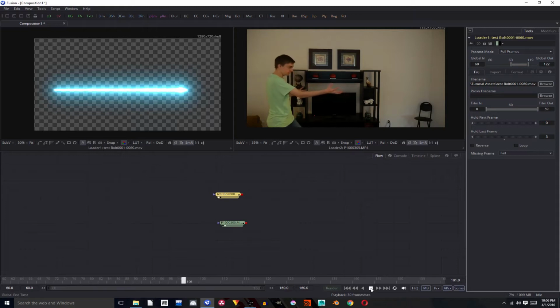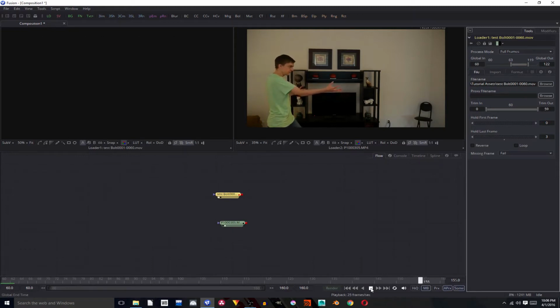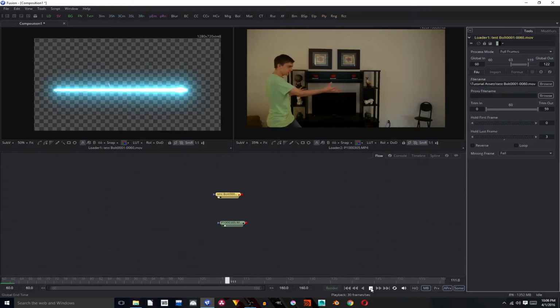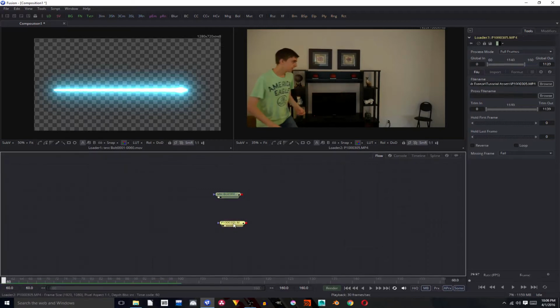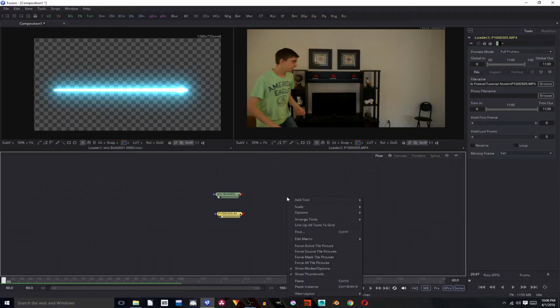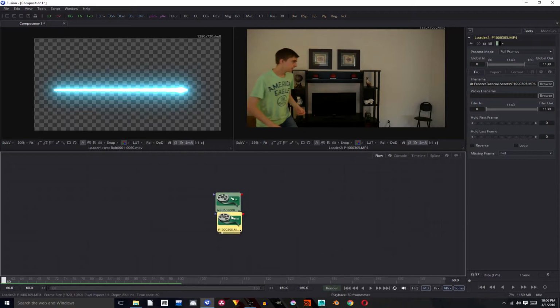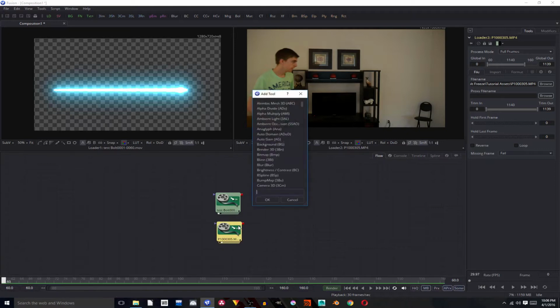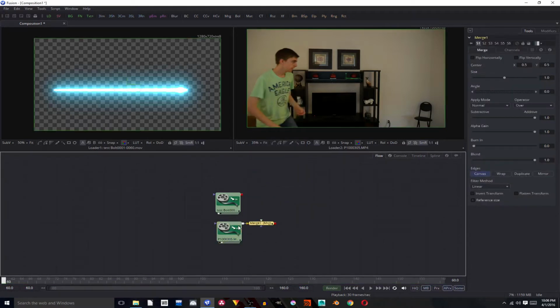But we don't want it to start at frame 60, and we want it to last longer than 60 frames. So to do that, we're going to turn on loop. I'm going to select my footage. Let me turn on Force Source Tile Pictures to give them both thumbnails right quick. I'm going to select it, hit Control Spacebar to add in a merge node, and you might hear a lot